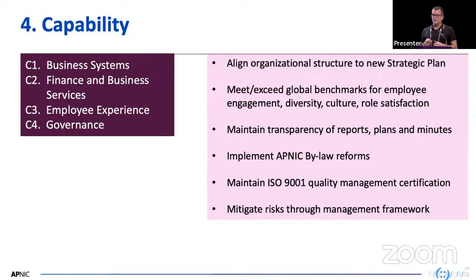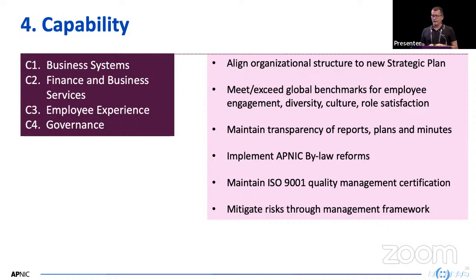And as part of that, we want to make sure we continue to meet those global benchmarks for our employee engagement, diversity, culture, and role satisfaction. They're the big ones that we like to hit on. APNIC is a very diverse organization. We have people from all around the world working for us to mirror the community that we serve, which is incredibly diverse. But we want to make sure that we have happy staff who are productive and hitting the goals